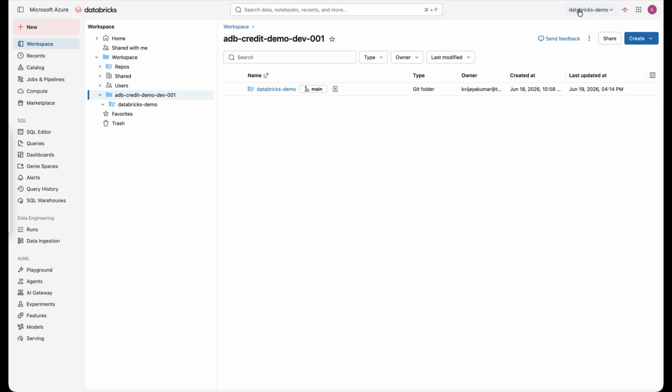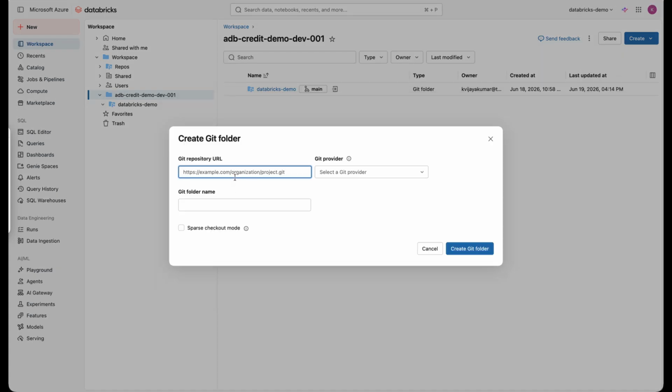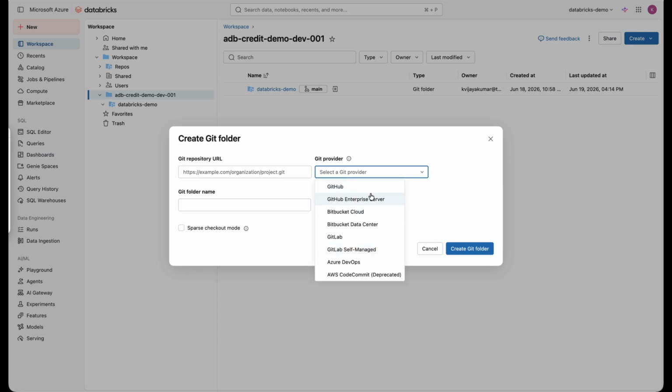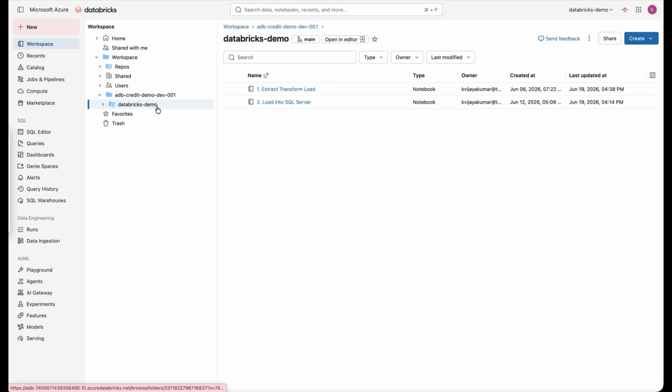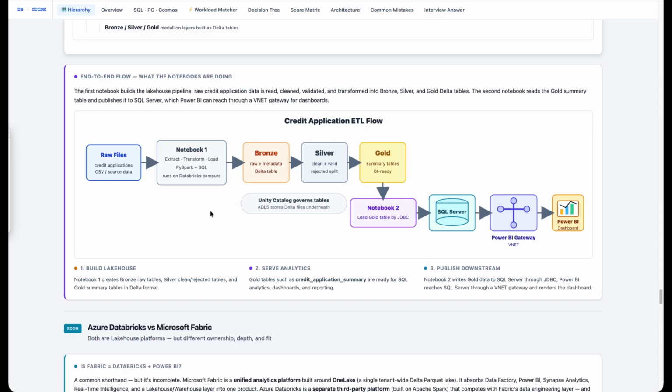So you will have a number of workspaces here, and under the workspace we have created a folder. If you come to that particular folder, there are quite a few things you can do. One of the options I wanted to showcase is Git integration. You can click on that. Many providers are supported, so you can choose whatever provider you are using to safeguard your files. In my case, I have opted for a Git repo. I provided this information, and that's how I created a subfolder called Databricks, in which I have created